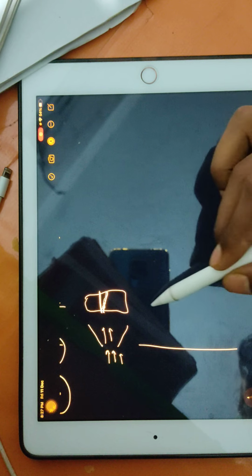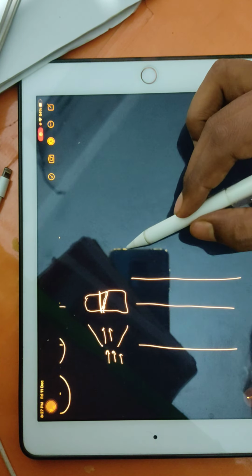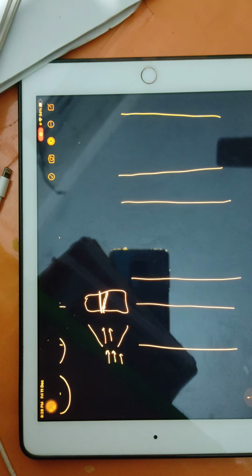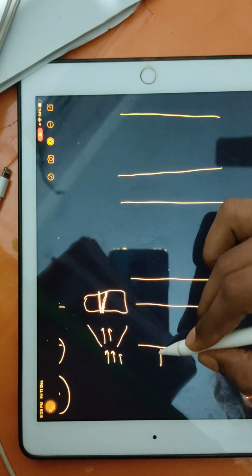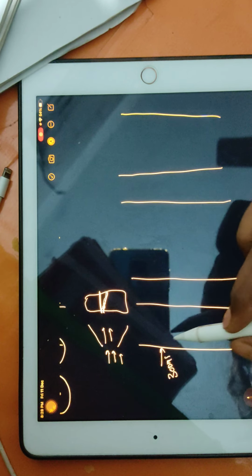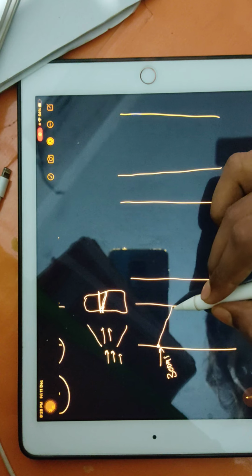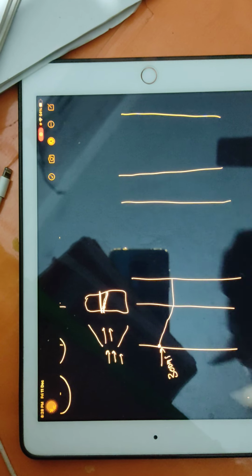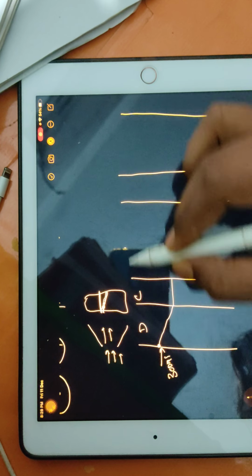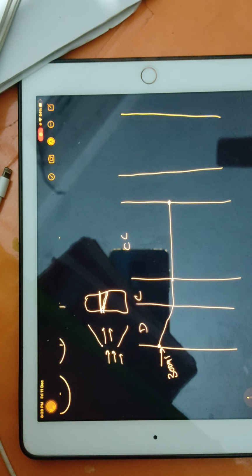Suppose from here to here, I am considering the diffuser, then the compressor, then the combustion chamber, then the turbine, and this area is the nozzle area. Suppose in the beginning you had some velocity, just consider 300 meters per second. So in the diffuser, velocity will decrease from that level. After that, you can keep a straight line for the compressor. So this is the diffuser, this is the compressor, this is the combustion chamber. Now it will go to the combustion chamber, again straight.